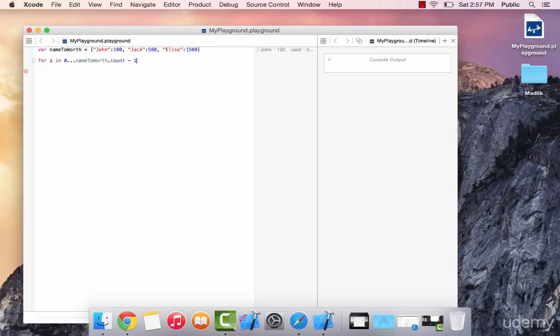And this is just because of the indexing, right? Because arrays are indexed with 0 as the first index. Then we want to say print line